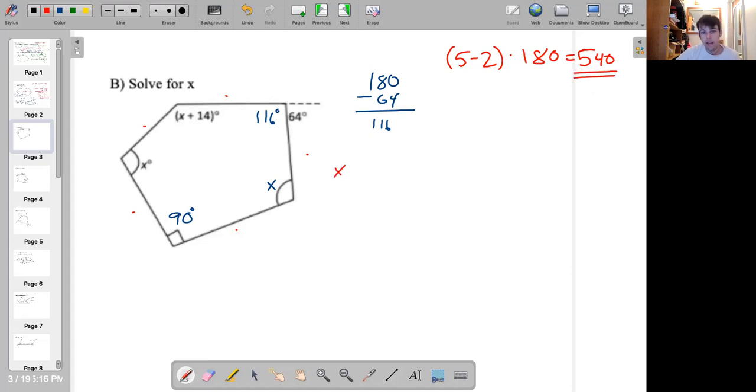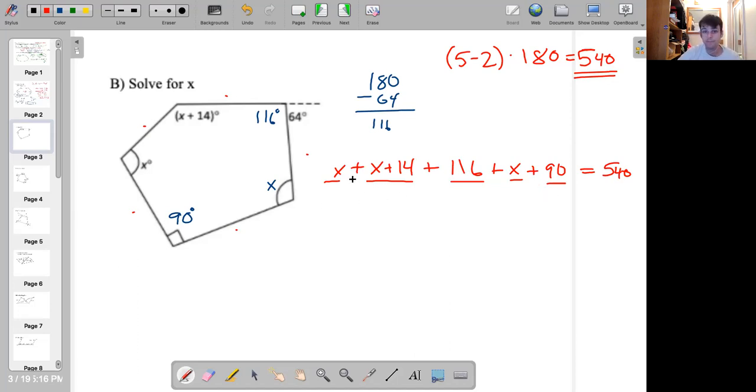I'm going to just go ahead and add these. This one's not so bad. So x plus 14 plus 116 plus x plus 90. It's important to just make sure you did get all 5 angles here. 1, 2, 3, 4, 5. We did get all of the 5 angles. It's easy when you have a lot of angles to kind of leave one out sometimes. I didn't do that on the last one because, yeah, I just didn't, but worthwhile to check it out, especially